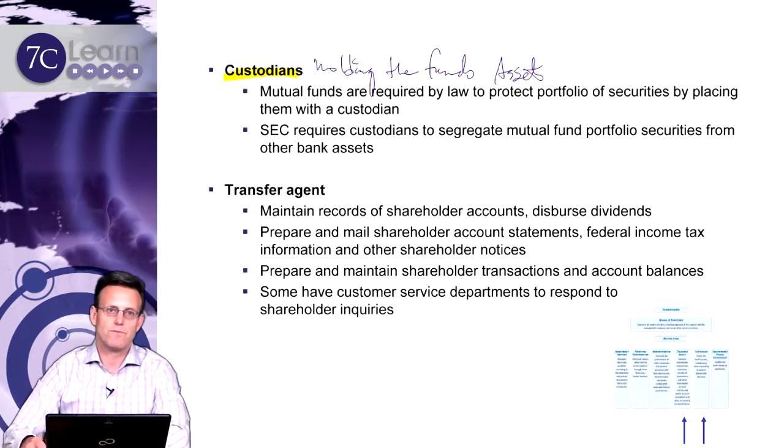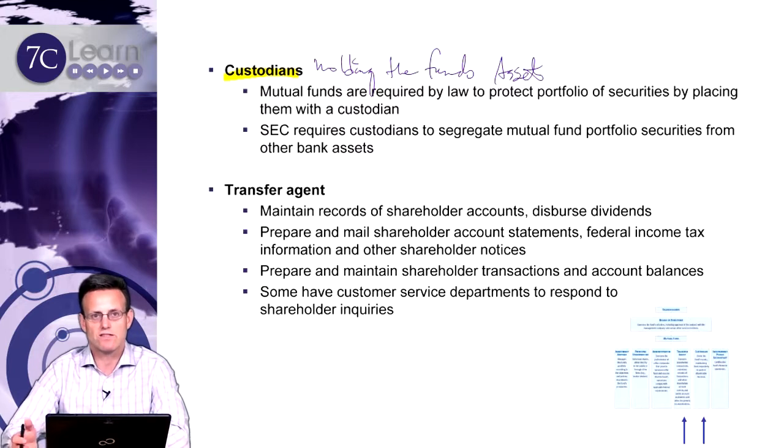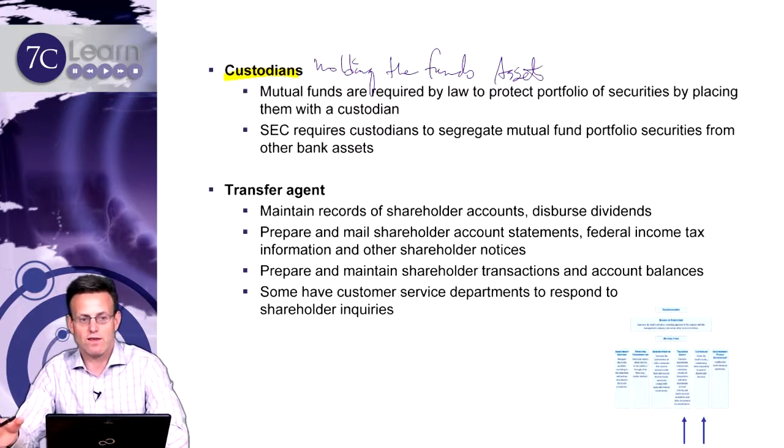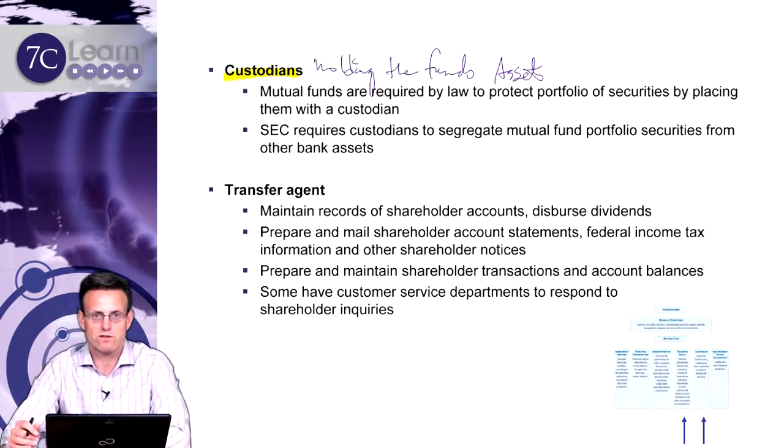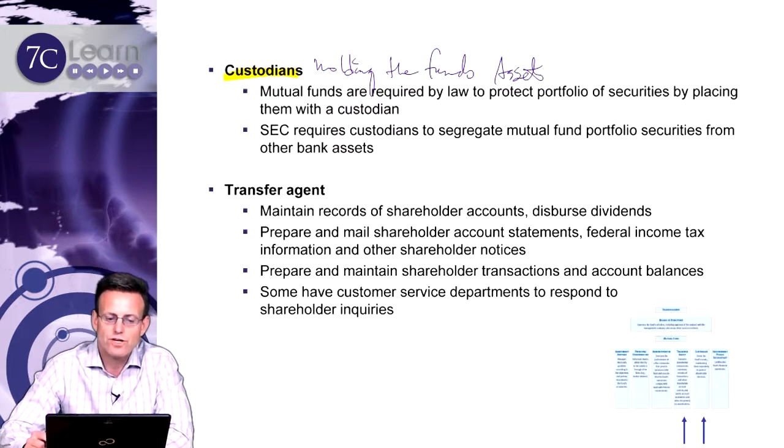So we know that the assets of the fund are being accurately reflected, and that the manager's not inflating the assets or saying that they have 2,000 shares when they only have 1,000 shares. Well, it's easy enough to check that and audit that because the assets are actually held by an independent third party. Also, if there should be some problem with the investment advisor and they should run into financial difficulty, well, you can replace that investment advisor with a new advisor, and the assets are still held by that third party, are still intact.